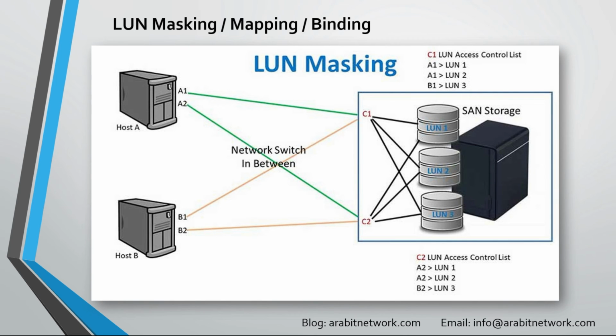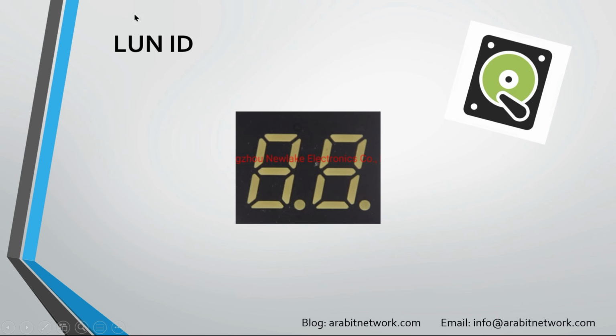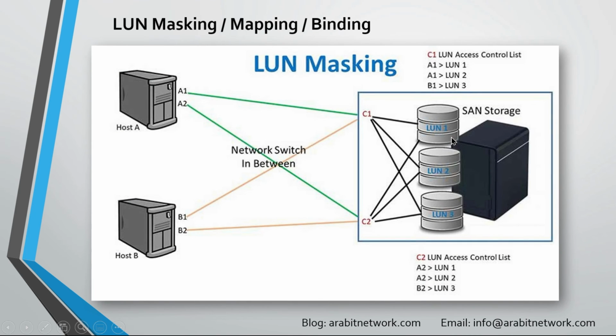Great. So the LUN has an identifier which is called the LUN ID. The LUN ID is a 2-digit identifier for each LUN on a storage system, and it is similar to these: LUN 1, 2, and 3. The LUN ID is unique across a SAN storage system. It cannot be duplicated. Okay, and this identifies the LUN entity on the host. So you know, I have access to LUN 0, LUN 1, and LUN 2 on SAN storage